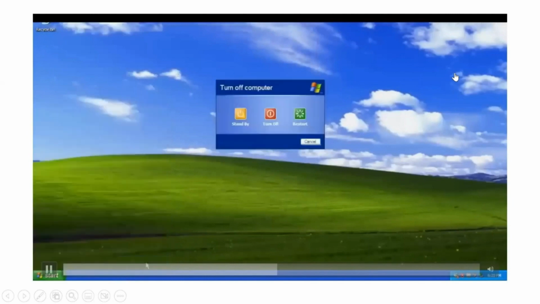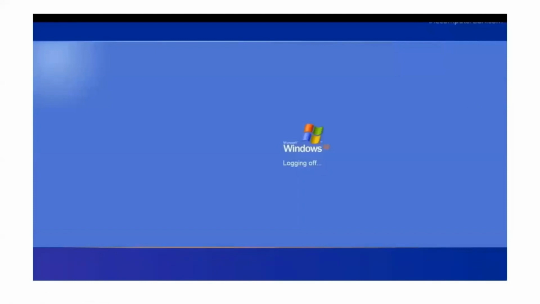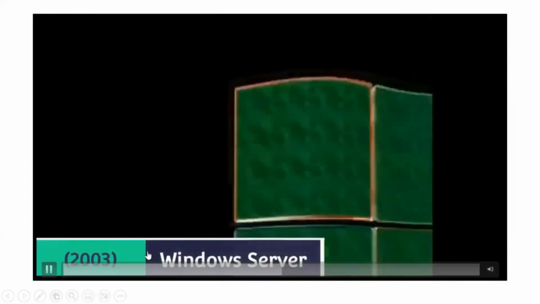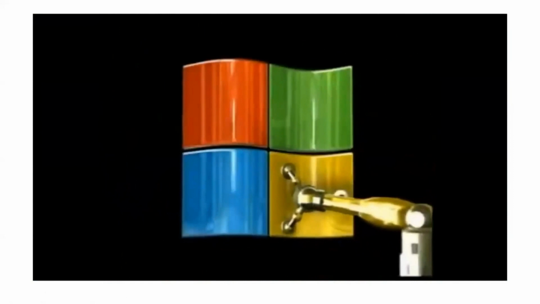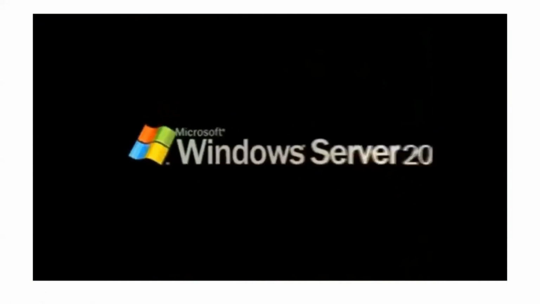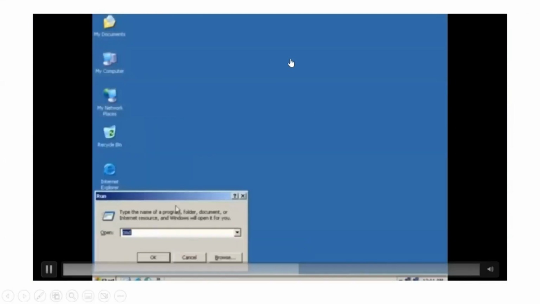Compared to the oldest one, now you can see how things are there on the screen in the user interface. 2003 wala, so way advanced නේද අපිට මේ වගේ